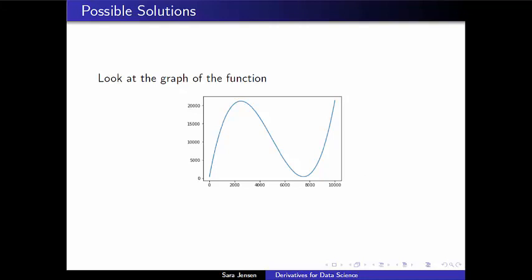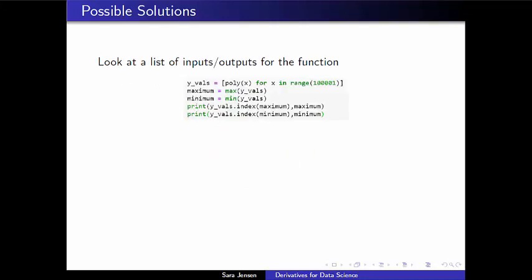And another immediate drawback of this situation is that it's very difficult to tell a computer to look at something. How does a computer look at a picture? That's a much more difficult question. So if you're approaching this problem from a computer science angle, you might say that the computer has no ability to really look at a graph, but one large strength of computers is their ability to compute many things very quickly. So one thing we could do is go into Python and define a function called poly that is the